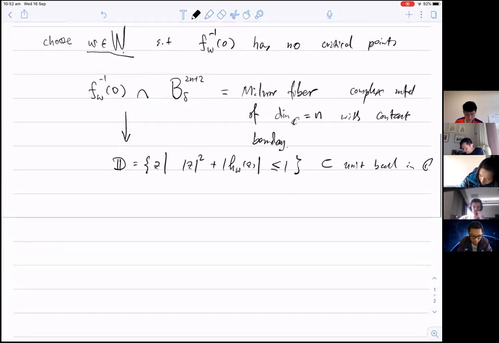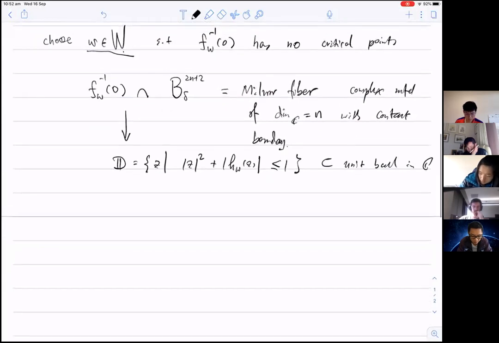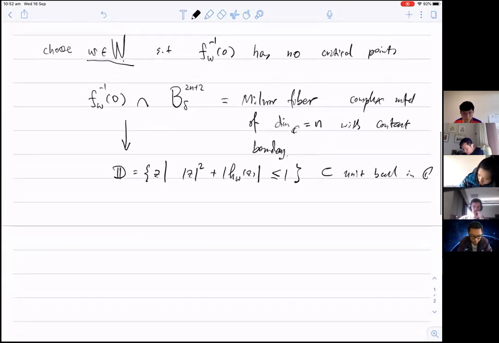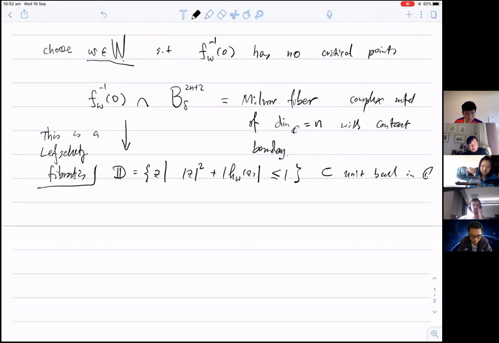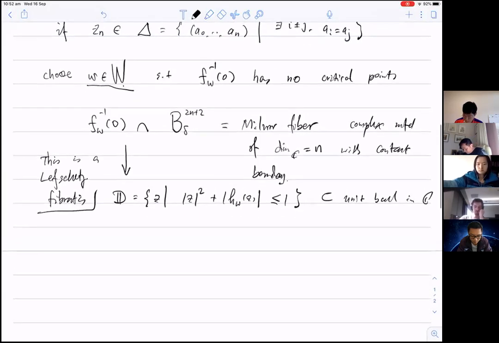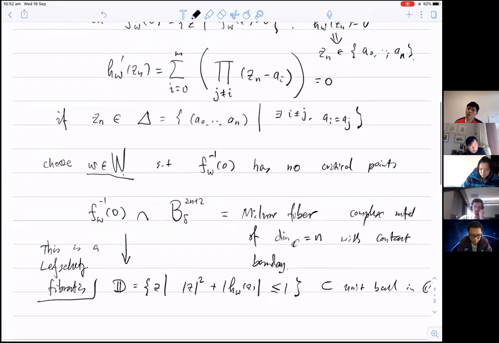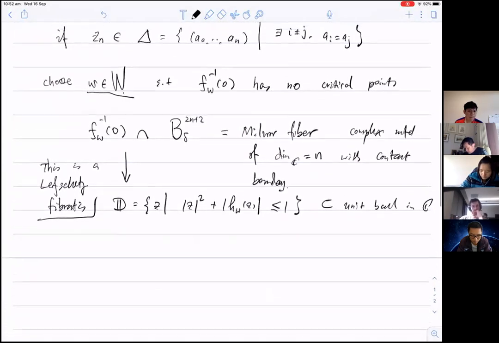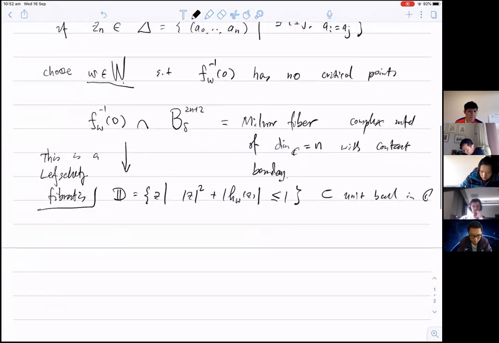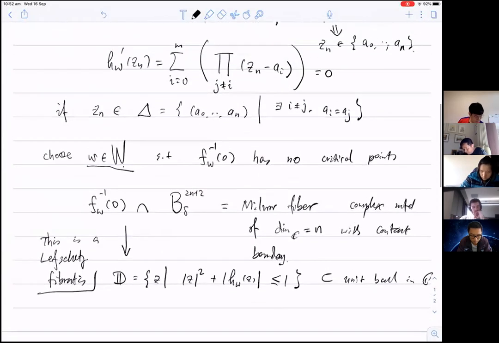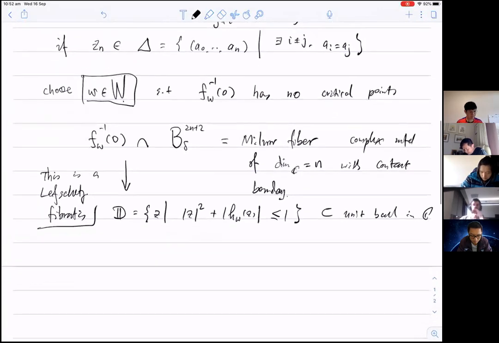And then this is a Lefschetz fibration, because, for example, if I fix a little W, and then whenever Z,